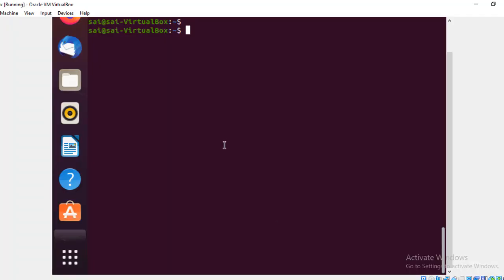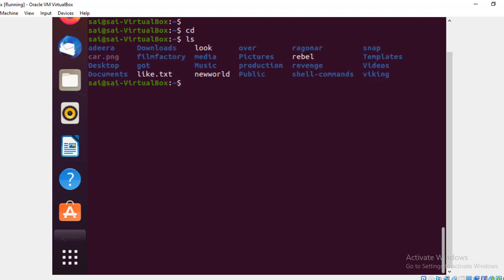Here in Ubuntu, I'm redirecting with cd. I'll show you some directories. In production, this is a directory, and in this directory I have two files. I'll show you the tree structure, then after that we'll perform these grep commands in the production directory, which will be better. First the tree diagram of the production. See, in the production directory we have two files: one is new script and the other is script.